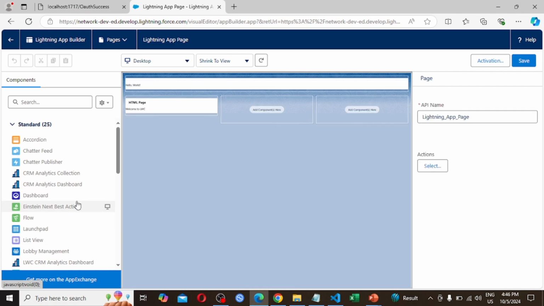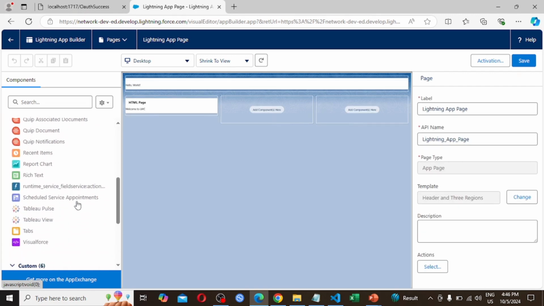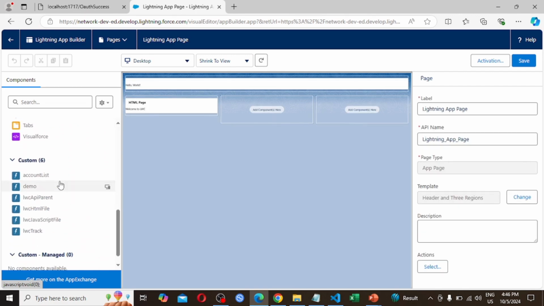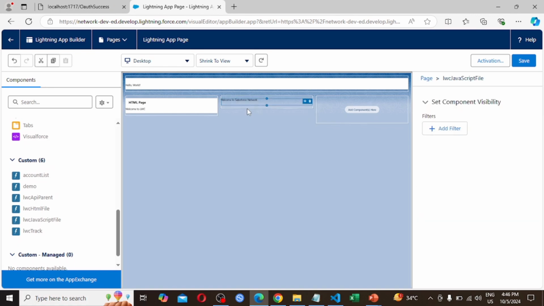Here in the component section these are all standard, and here our custom components are displayed. As we had created lwcJavaScriptFile, this component we need to drag and drop here and hit the save button. Then click the back button.